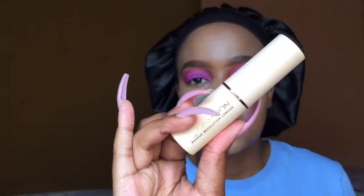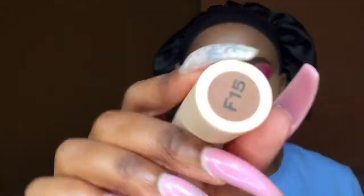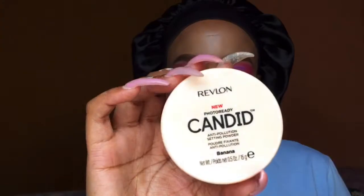I'm gonna go in with this Makeup Revolution foundation stick. This is in the shade... It does the job. I mean, look at that, you know. And then I'm going to go in with my